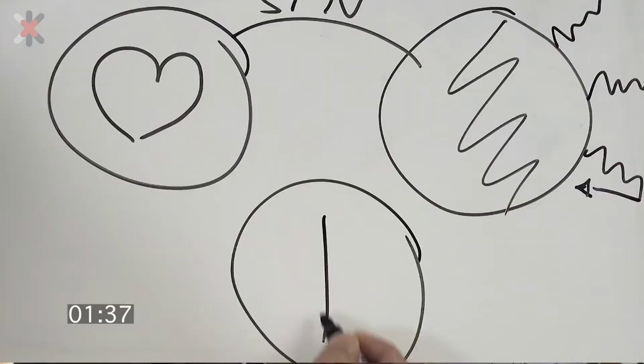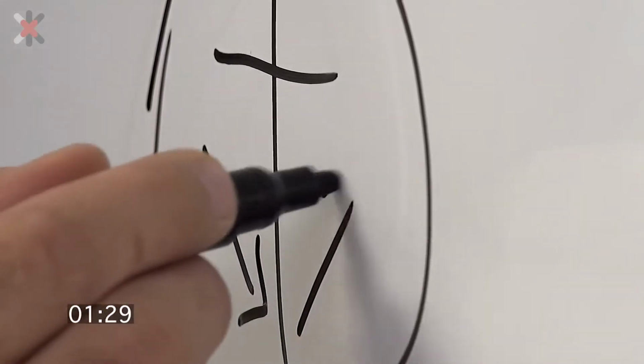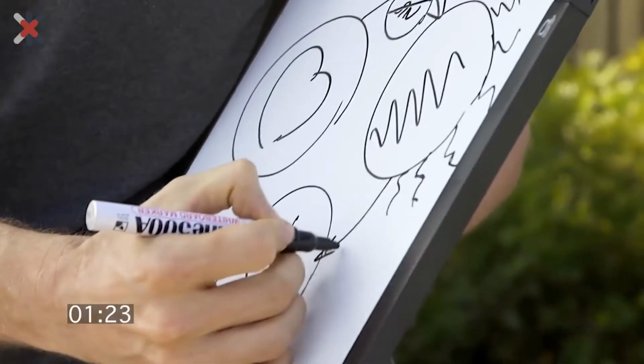What God did was, he didn't want to leave us in that place. God loved us so much that he sent his son Jesus to die on the cross. Jesus was God, so he had no sin. And when he died and rose again, he actually took on all of our sin and cancelled it, like he crushed it.